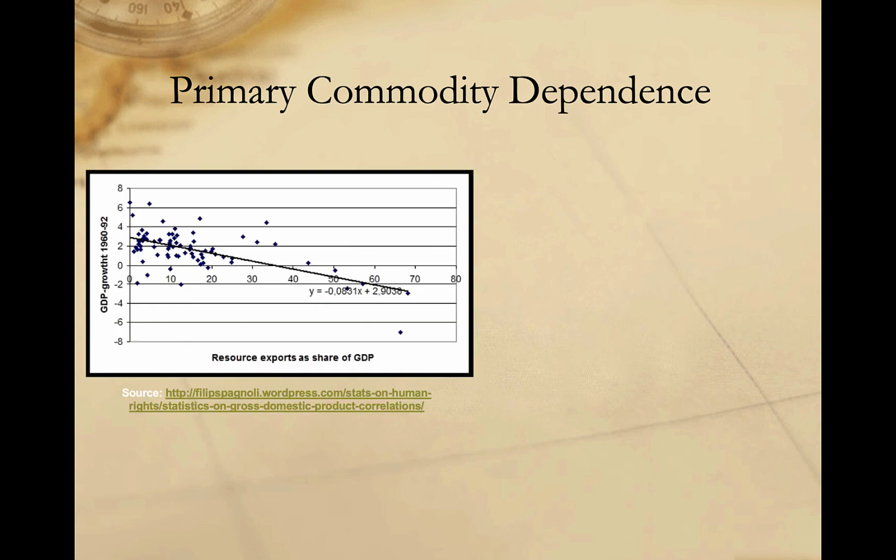There are other reasons to be concerned with the primary commodity dependence experienced by many developing countries. We know that primary commodity dependence is negatively correlated with economic growth, as this graph demonstrates. That is to say, economies which are highly dependent on a primary commodity or resource exports tend to grow more slowly than economies which are less dependent on resource exports. This seems to run counter to the example provided by countries like Qatar, or to a common sense understanding of development that suggests that, say, oil-rich countries might be better positioned to develop.